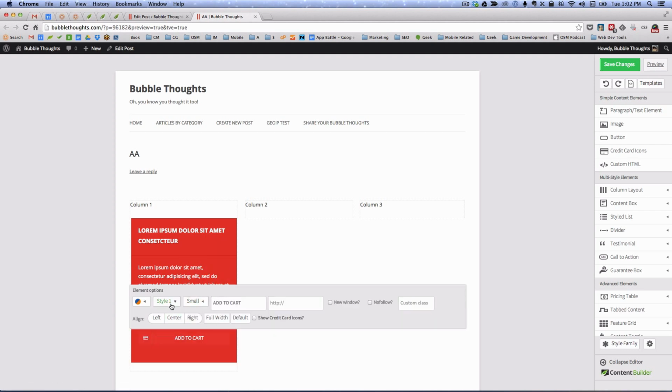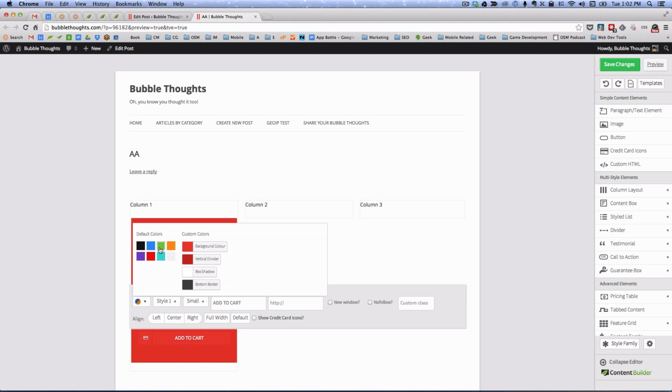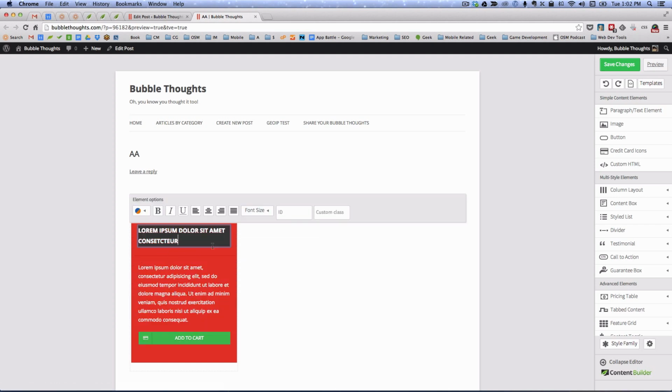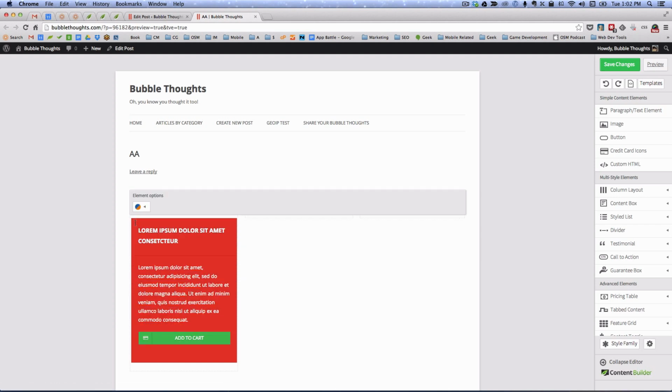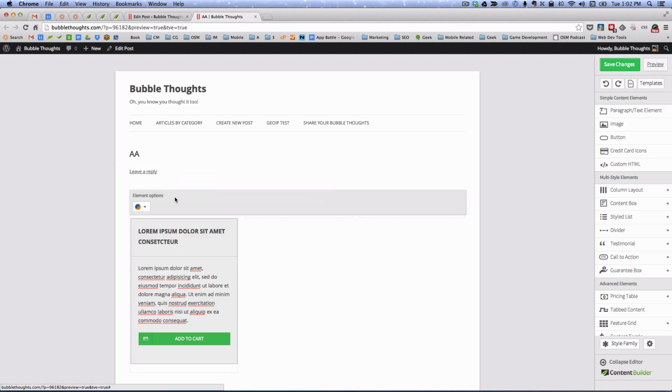I want it to be full width. I don't like the color of it, so I want it to be green. And you know what? This whole content box thing, it needs to be gray. So I can change that on the fly really, really easily. The other thing that I can do is I can get rid of it if I don't want it, or